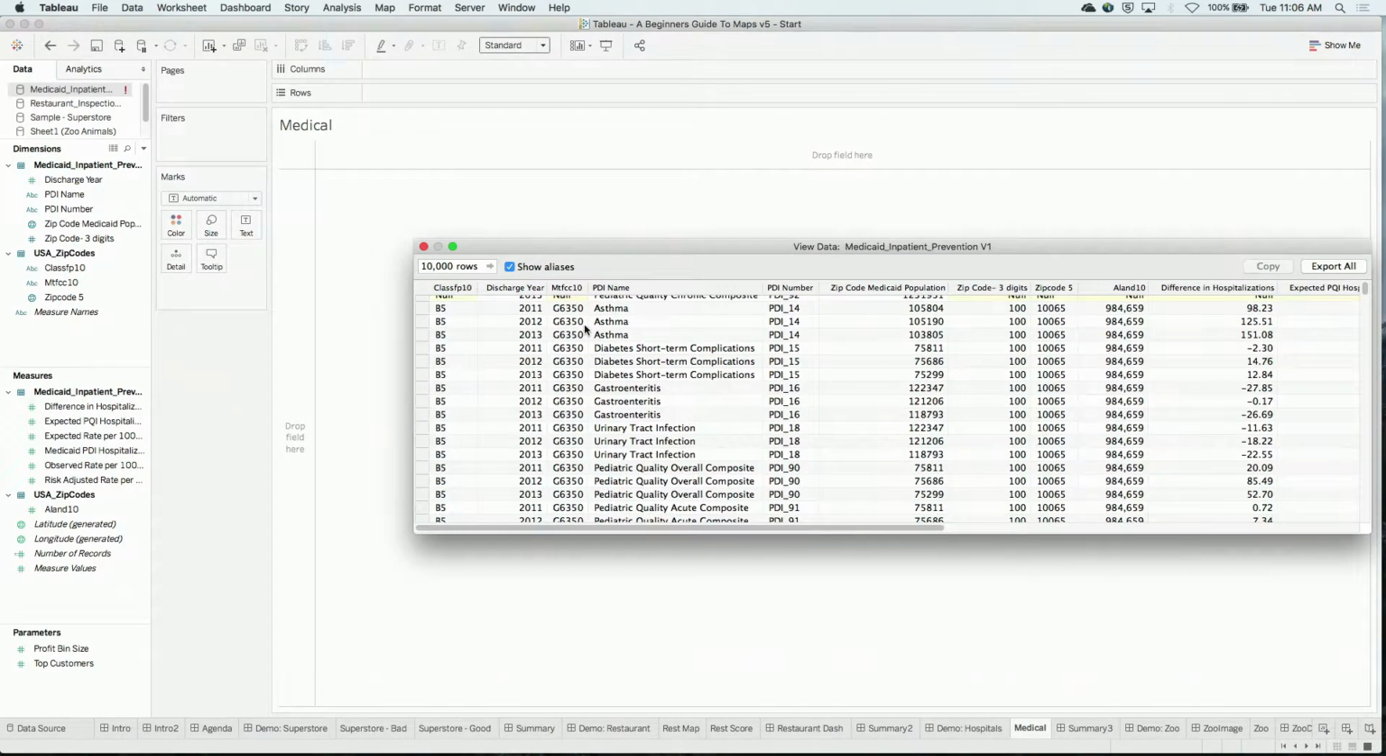So you can see here it's got the type of condition. It's got a bunch of information around the zip code. This data set has aggregated these numbers by 3-digit zip codes. That's a really popular way to aggregate data. 3-digit zip codes are simply the 5-digit zip code, and they've just taken the first 3 numbers starting from the